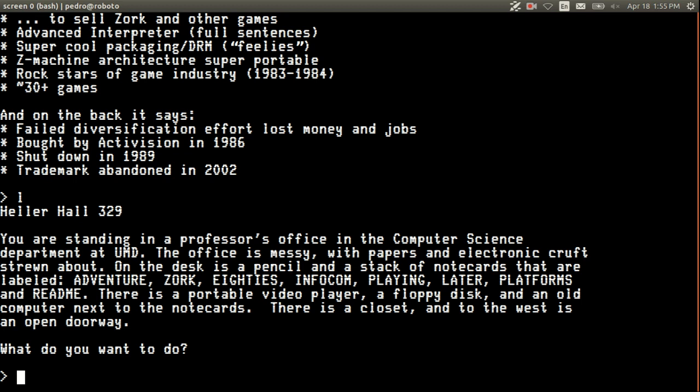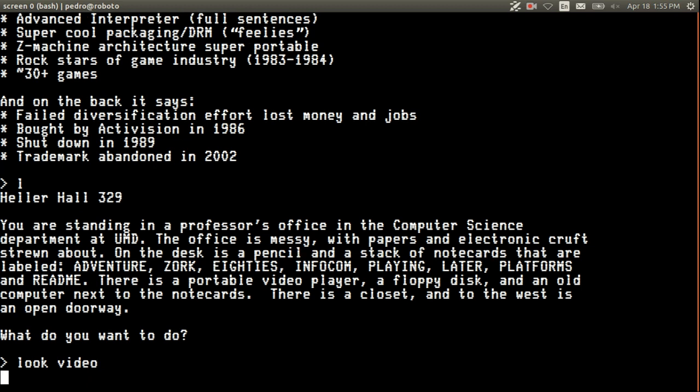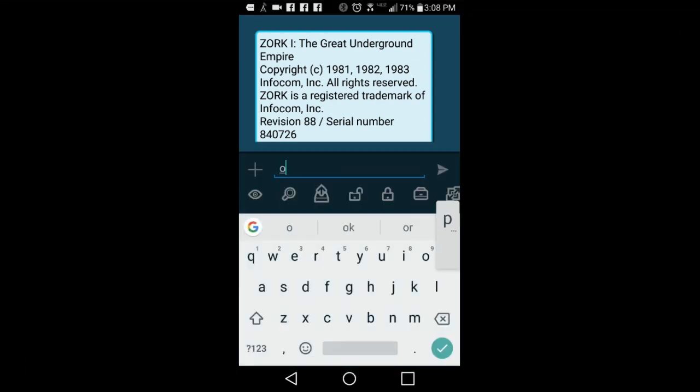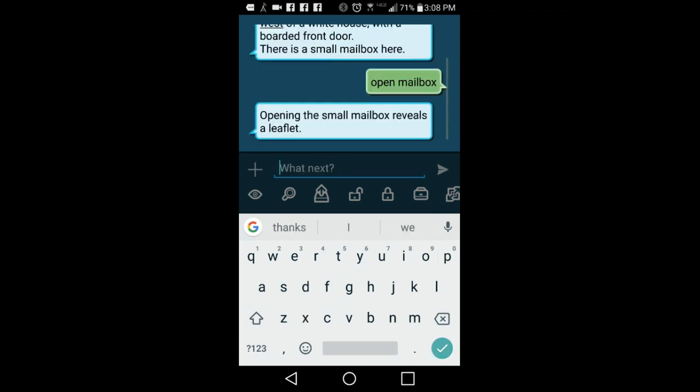Would you guys like to see Zork being played on an Android phone? Sure. So this is text fiction, and it does Zork as if it were a messaging app.